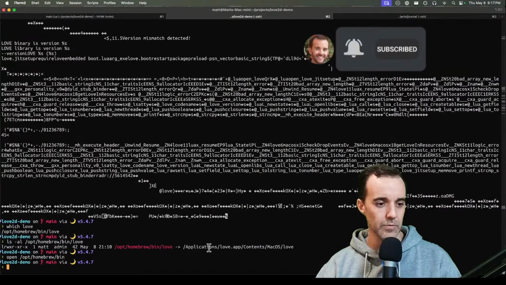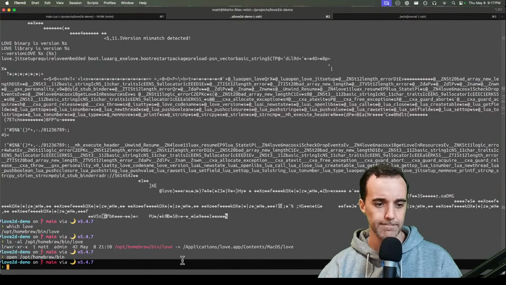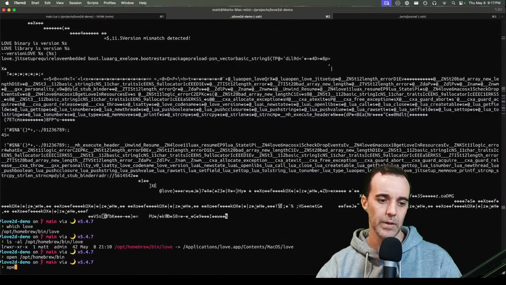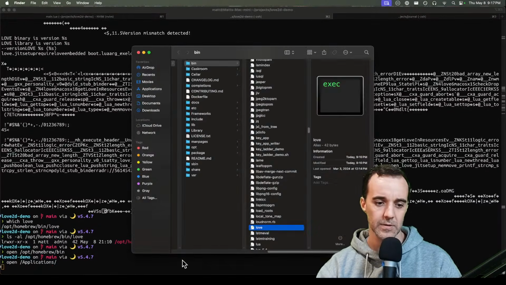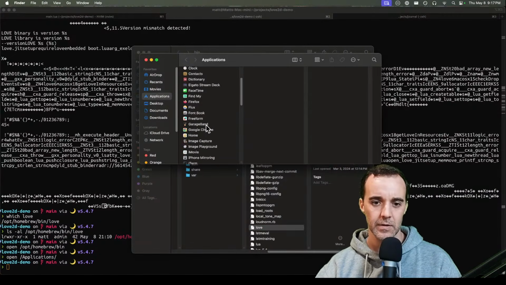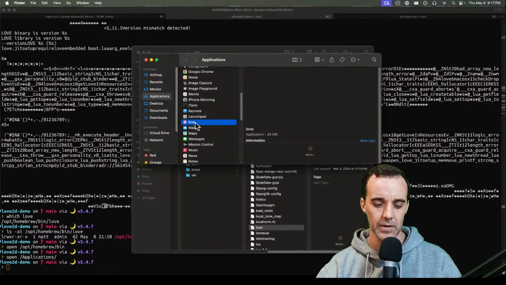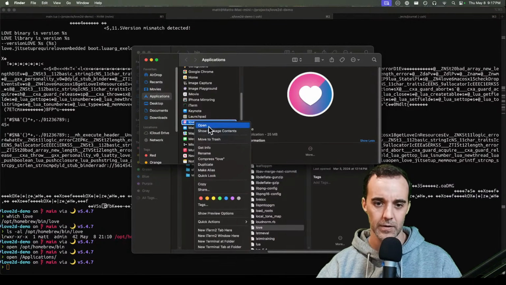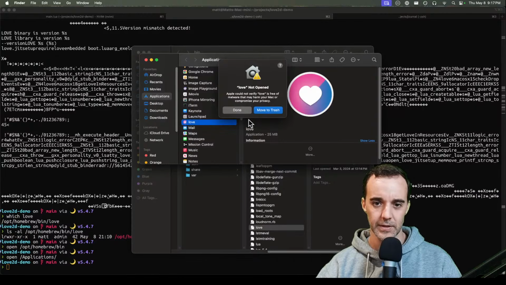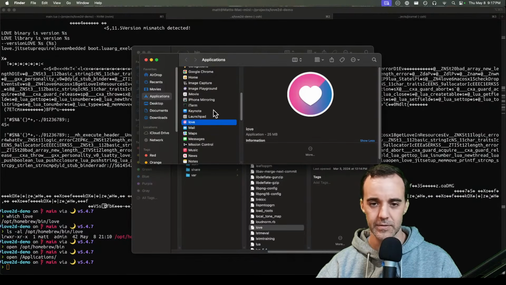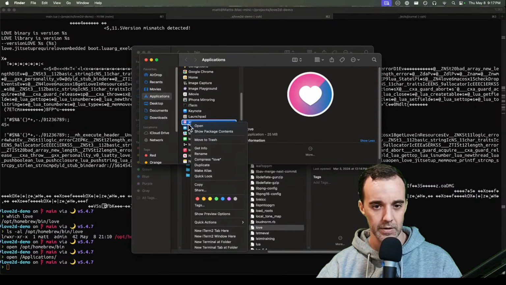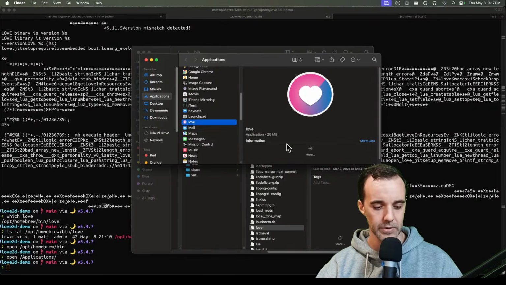Let's do open applications, love app, or just applications. Okay, so it's like going deep down here. This should work. Should be like, trust this thing. Stop doing that. You know what I should have done? I should have not gone through brew and gone through some other path and made it work. And also, let's figure out